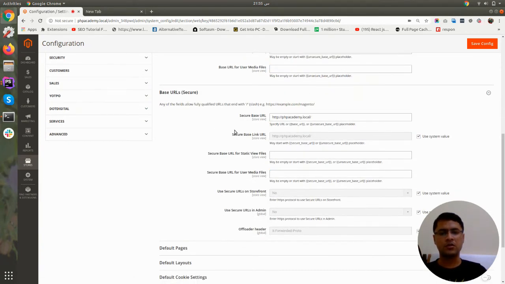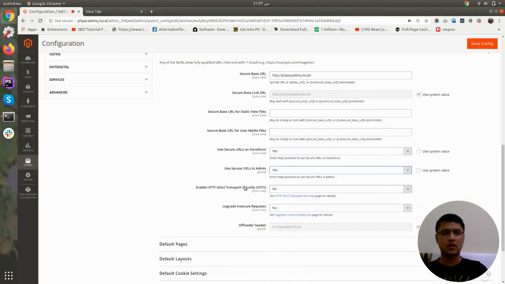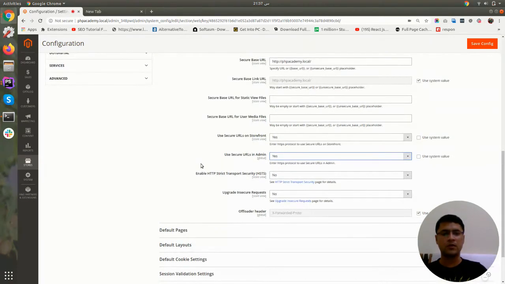Same for base secure, which is used for HTTPS. So if you have an HTTPS URL and you want to use the secure URL on the front end, make it Yes. So you can just uncheck here and select Yes. And if you are also using the secure URL for admin, you can also make it Yes. By this way you can use the secure URL for the admin as well as the front end.